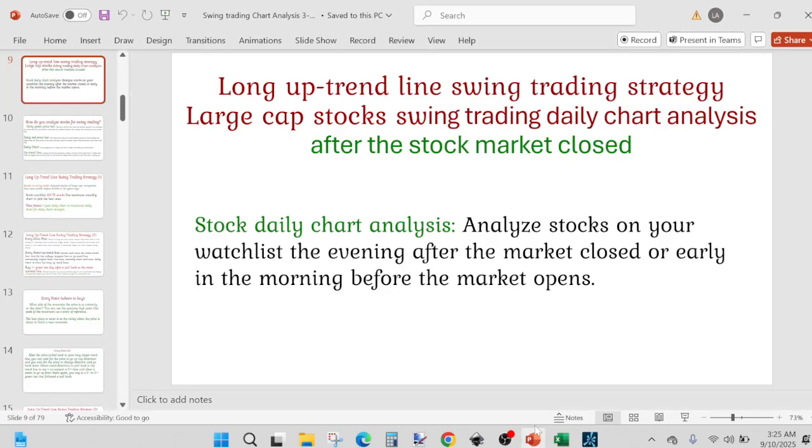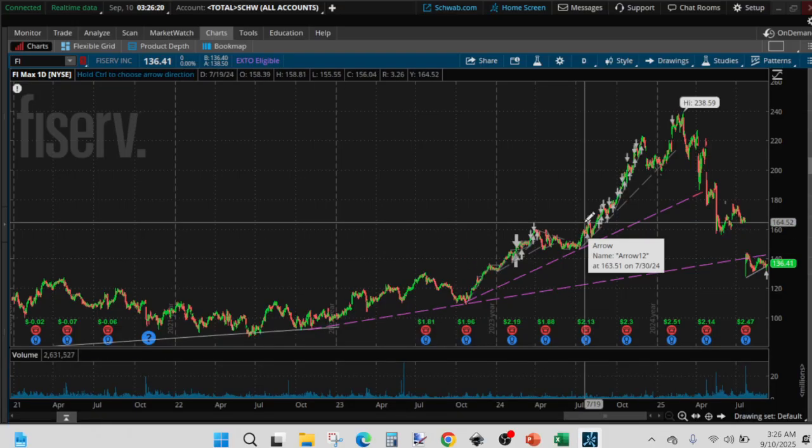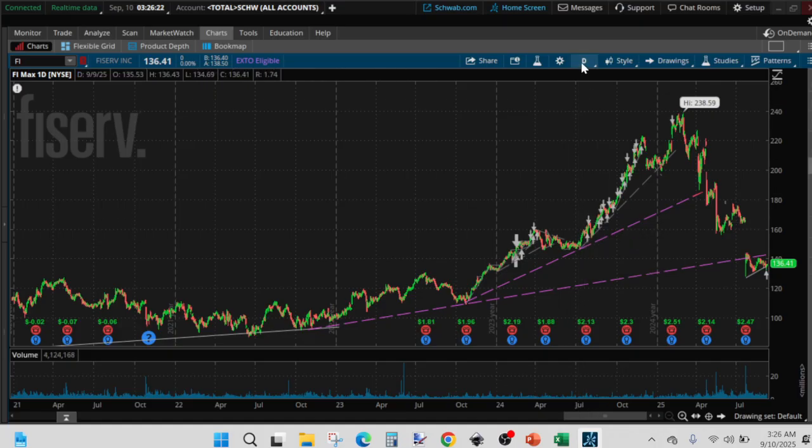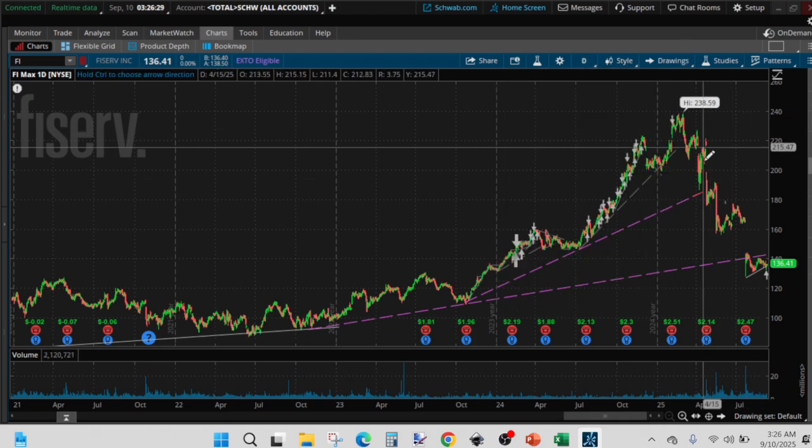Hello, how do I do my daily chart analysis of large cap stocks for swing trading purposes? We have our watch list here and we can analyze 3 stocks from it this morning. So the first one we are going to analyze is FI. We have Thinkorswim platform open. We are going to analyze the maximum daily chart for those stocks, and the first